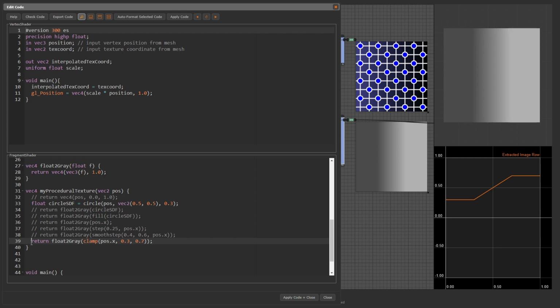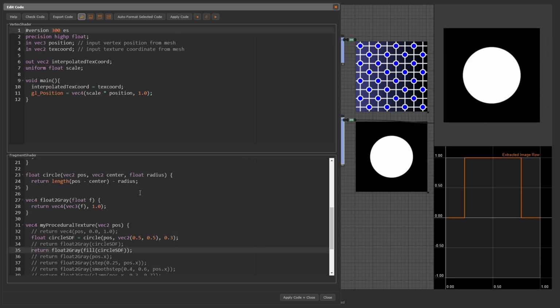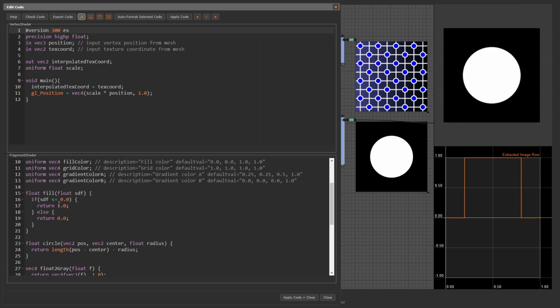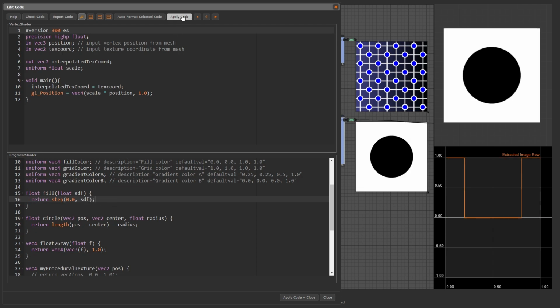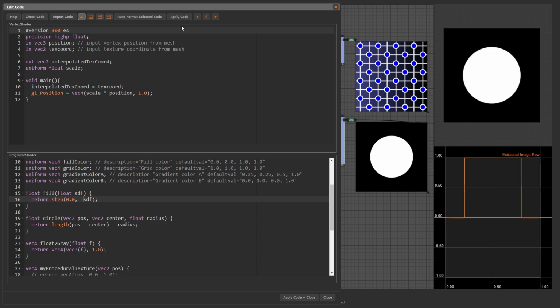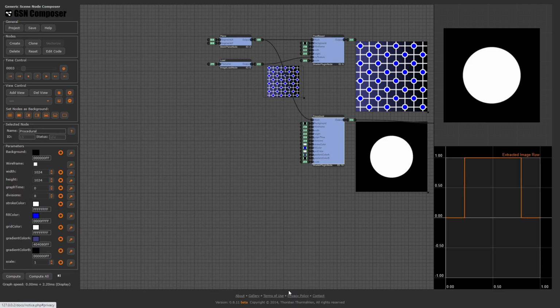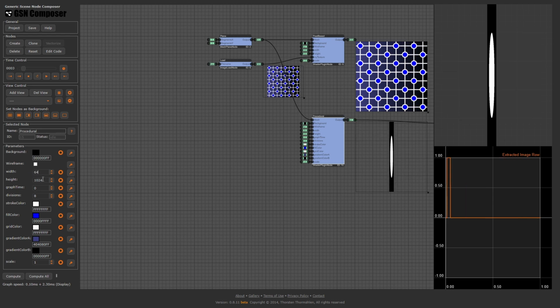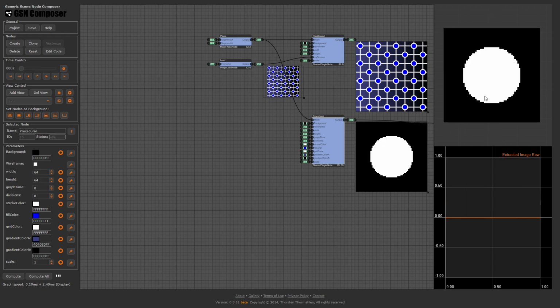Now, back to the fill function. In our fill function, we replace the if-else statement with the step function. Our threshold is 0.0, so we type return step(0.0, SDF). Well, almost, the result is flipped. But this can be easily fixed by multiplying the SDF by -1. If we reduce the output resolution, we see that we still have aliasing.